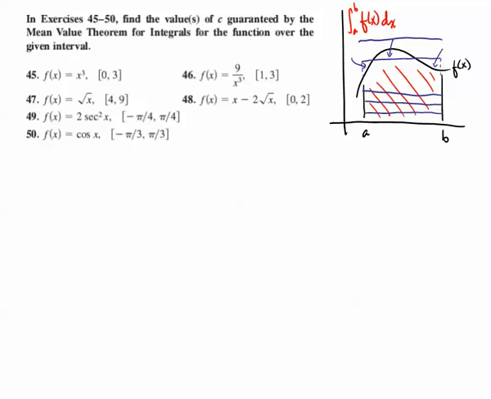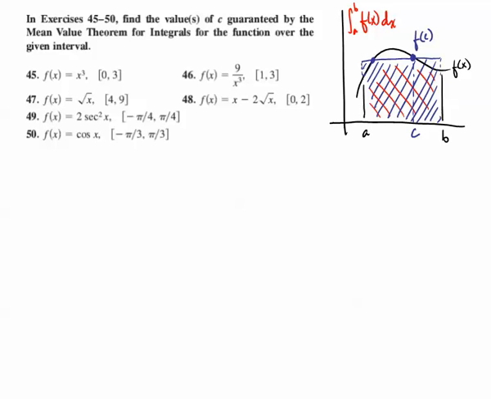So at some point the blue shaded area will equal the red shaded area. Sort of like so. At some point there is a height, and if you notice, that height will always be the y value of a point or points on the curve of f of x in between a and b. It has to be somewhere along the curve there. So we're going to call this c,